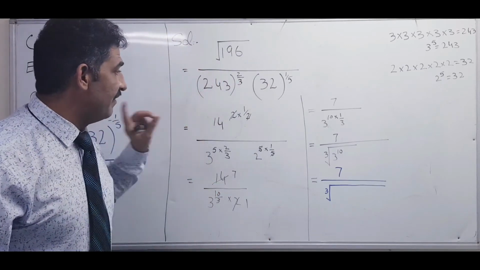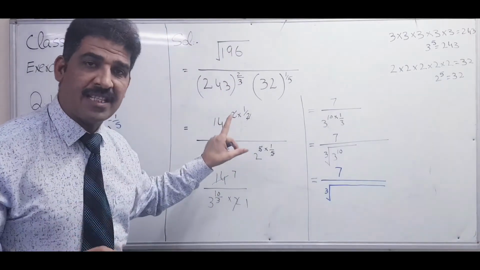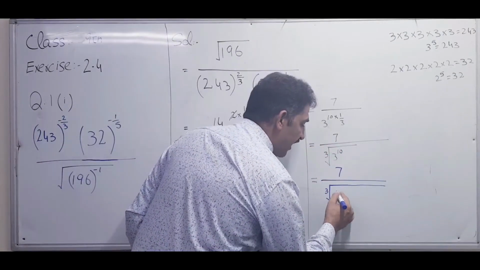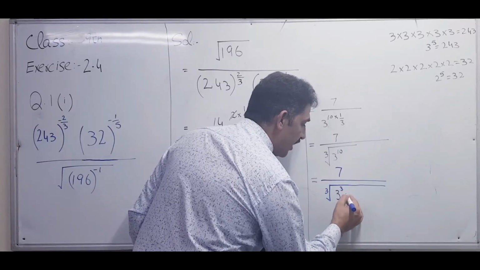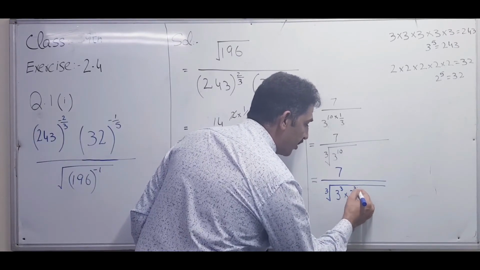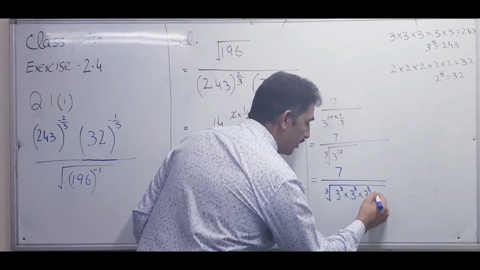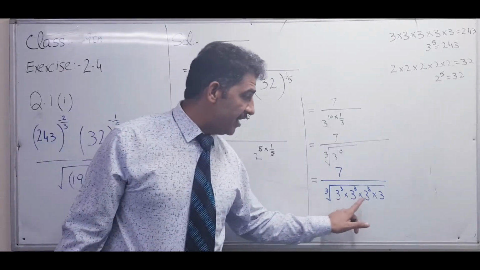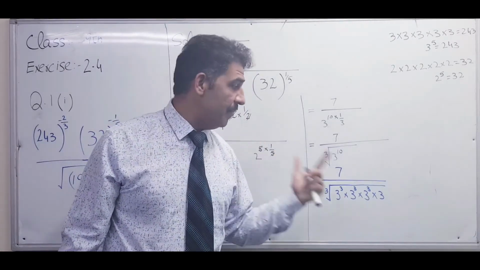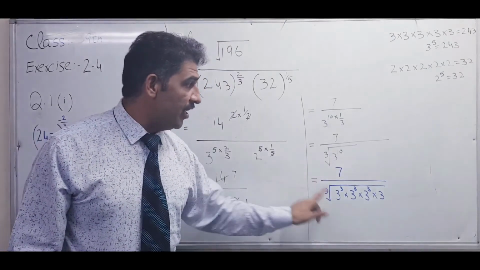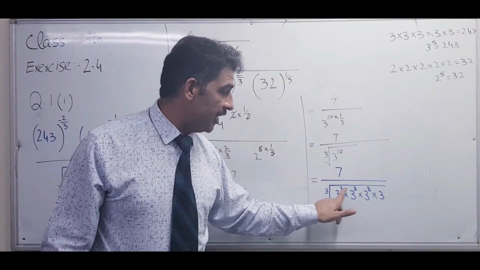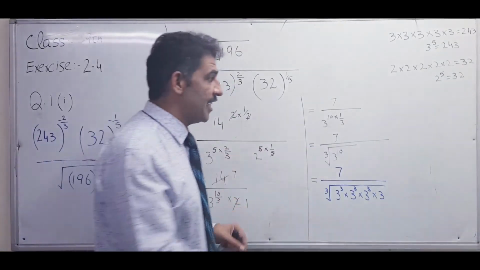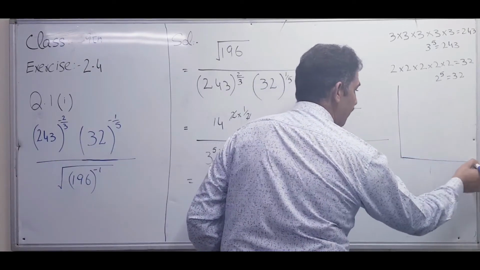Square root cancels when the power is 2, then square root cancels by square. But here it is cube root, so it will cancel the cube. 3 raised power 10, can I write 3 raised power 3 multiply by 3 raised power 3 multiply 3 raised power 3 and multiply by 3? What does it mean? When the bases are the same, powers add. So when you write 3 once and add its powers 3 plus 3 plus 3 plus 1, then what do we get as the answer? 3 raised power 10.